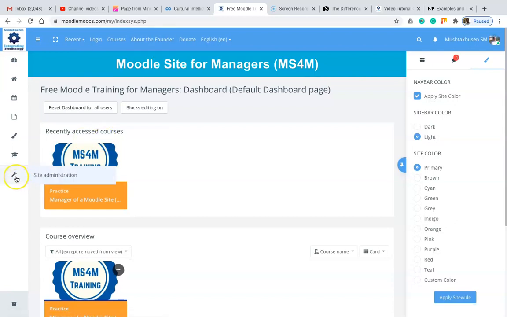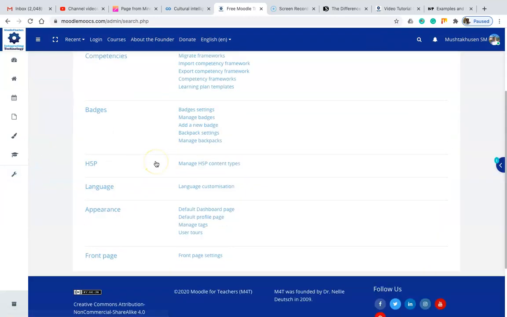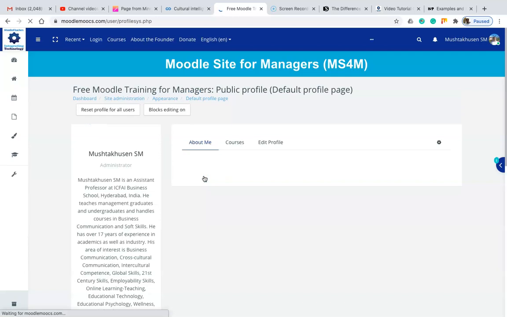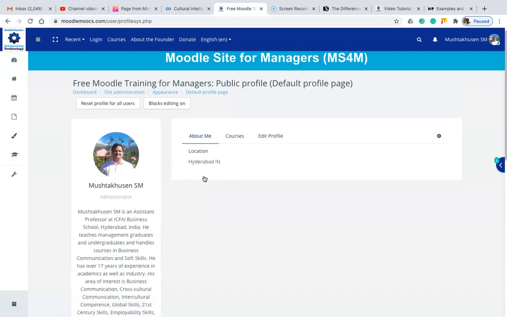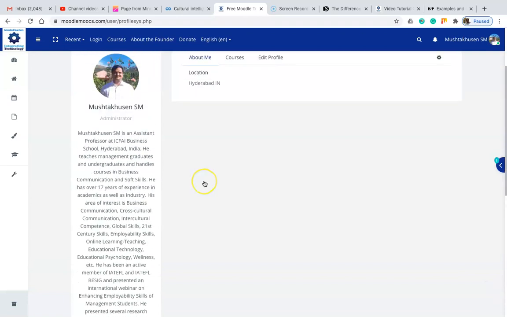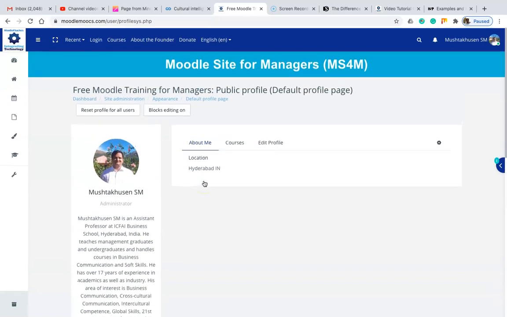Then again let me take you back to site administration, and this is what we were discussing about, the default dashboard page. Now let's see what we have in the default profile page. So this is the profile page, the user's profile page. I am one of the users on this website, so you can see.